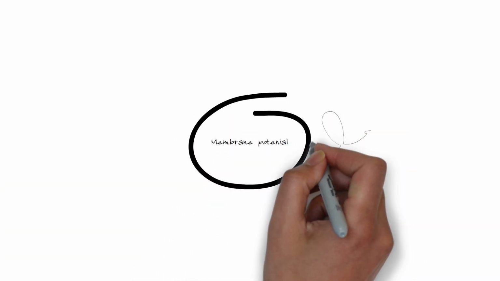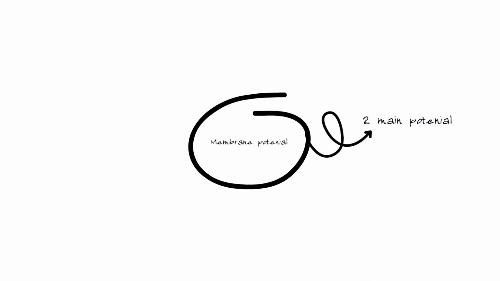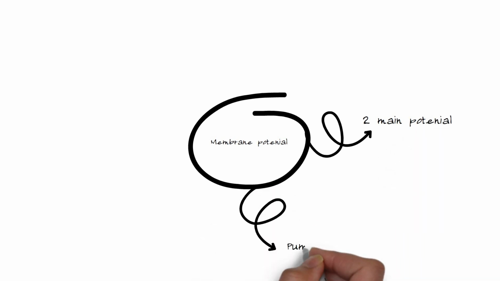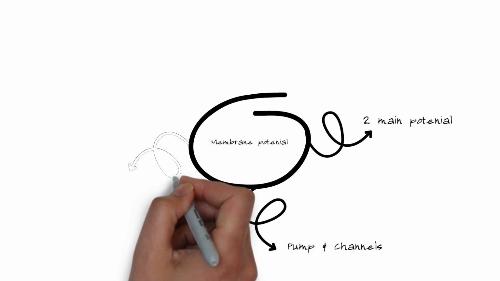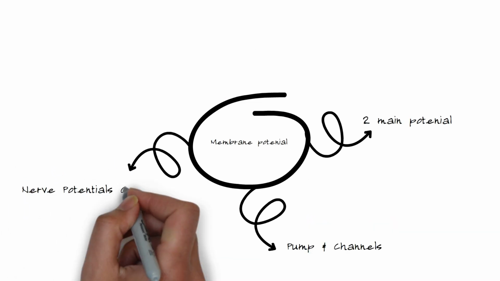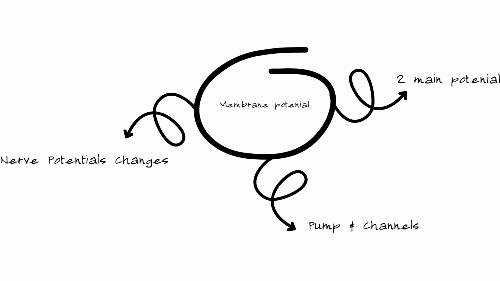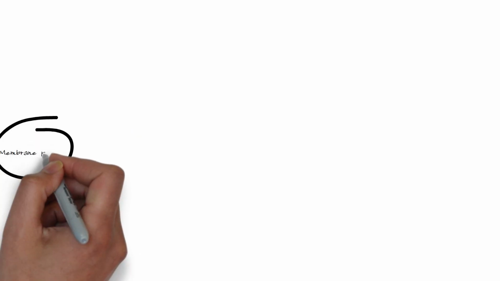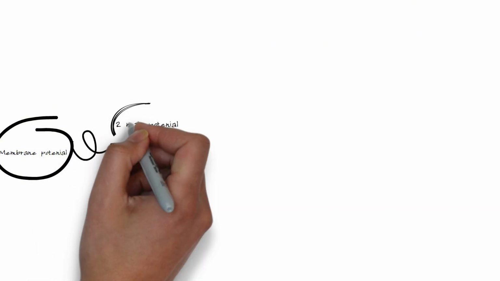MemoMap today is about the membrane potential, and we are going to discuss first the two important potentials. Thereafter, we are going to talk about the channels and pumps responsible for the change in the membrane permeability. And finally, we are going to discuss the nerve potential. Talking about the first point, which is the two very important potentials: the diffusion potential for the ions and the